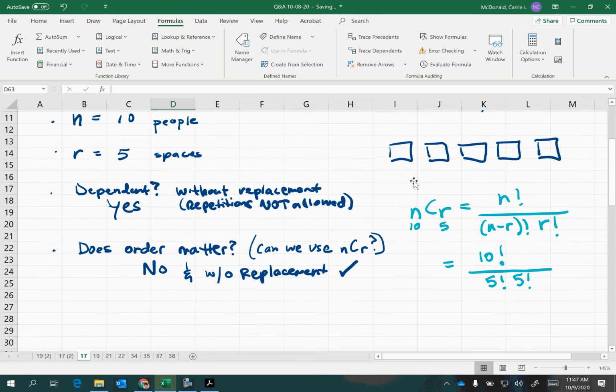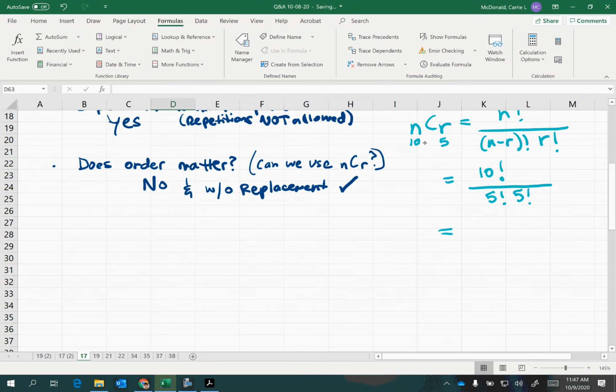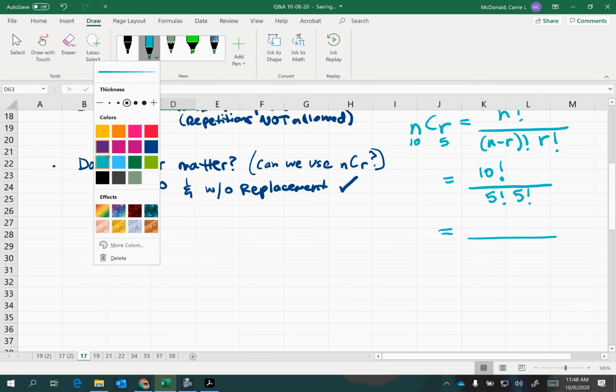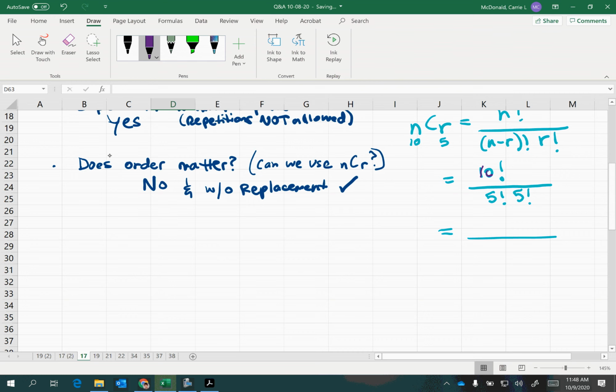Now we can reduce this by expanding the top only as far as the largest factorial in the bottom so that we can cancel it off. All right, so notice that I have 10 factorial up here and 5 factorial is the largest factorial in the bottom. So I can do 10 times 9 times 8 times 7 times 6 times 5 times 4 times